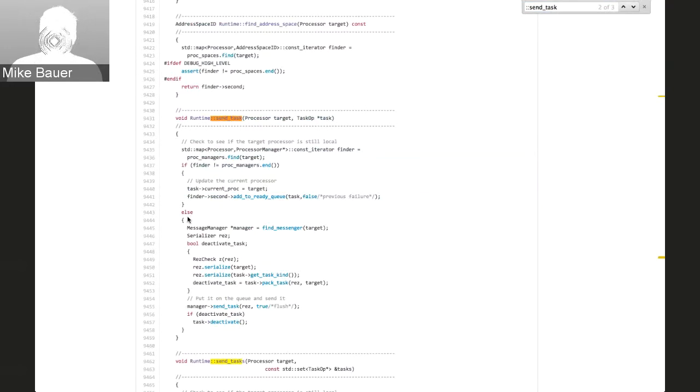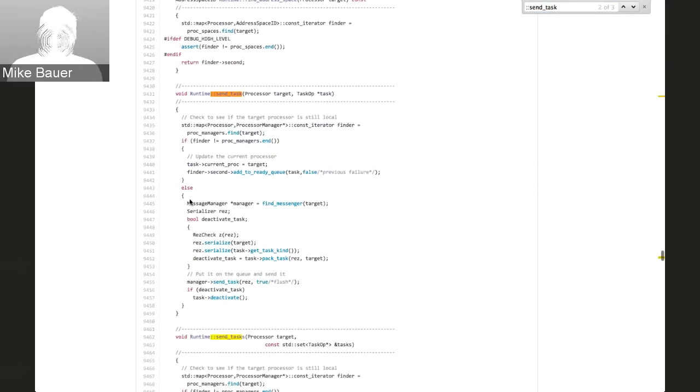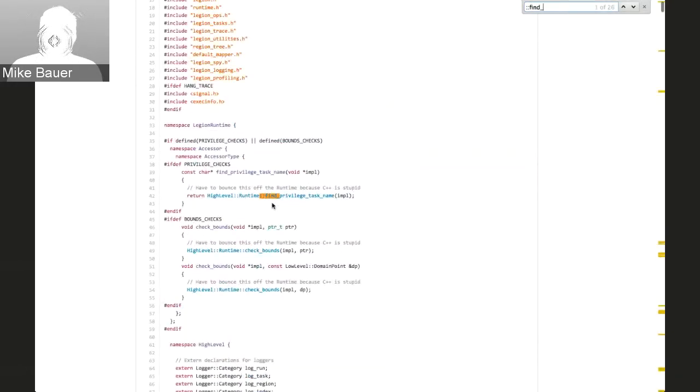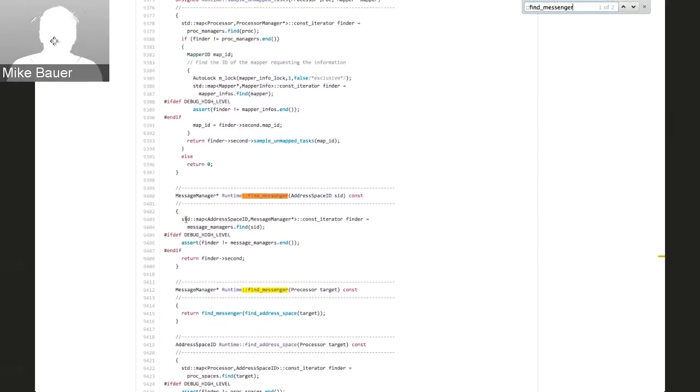However, if it's not, we actually need to send a message to a remote node, which is going to package up the task, unpackage the task on the remote node, and then add it to that processor's ready queue. So the first thing we want to do is get the message manager for the target processor where we want to send this message. If we search for find messenger, we'll see that we have